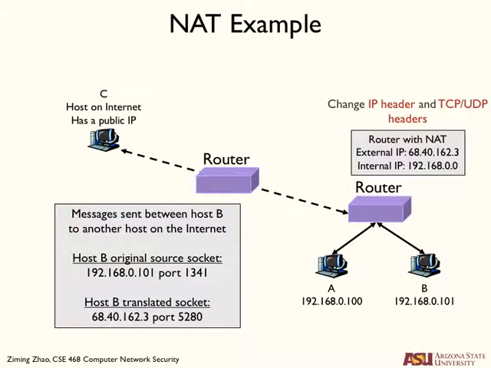And the most popular way to use NAT is to translate an IP address to an outside IP address with a port number. So for example, here we have two computers in your home network, and you have a router. This router has this network address translation ability. It has an internal IP address, which is the private network, 192.162.0.0. This is a network. And it also has an external IP address starting with